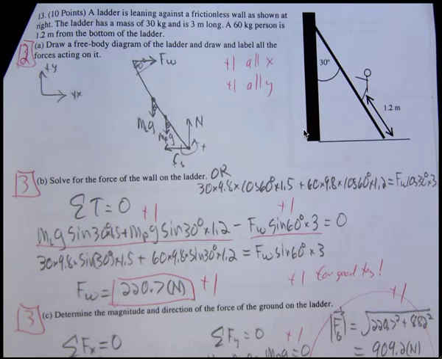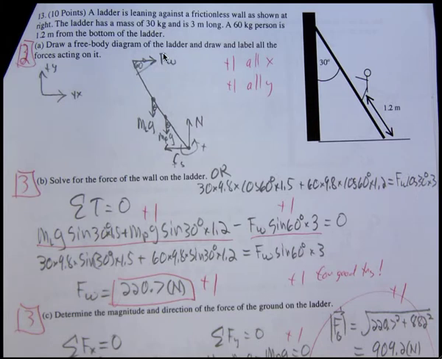And so the first thing we want to do is a free body diagram. So draw it as big as you can there. I didn't give you a whole lot of room for such a big one, but you should be able to do it. And we have a normal force acting straight up and friction pushing in here down at the bottom. We have the weight of the person straight down, the weight of the ladder straight down, and then the force